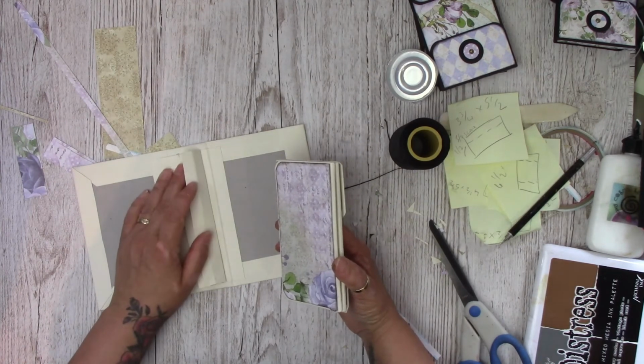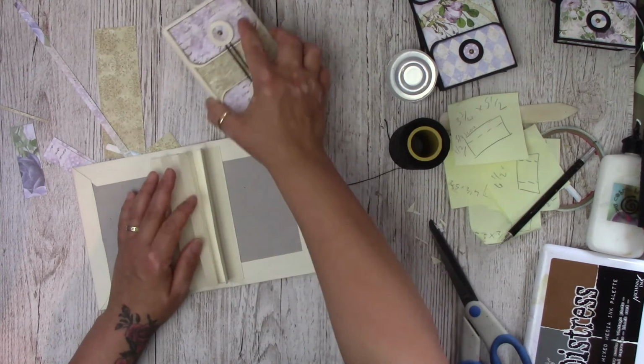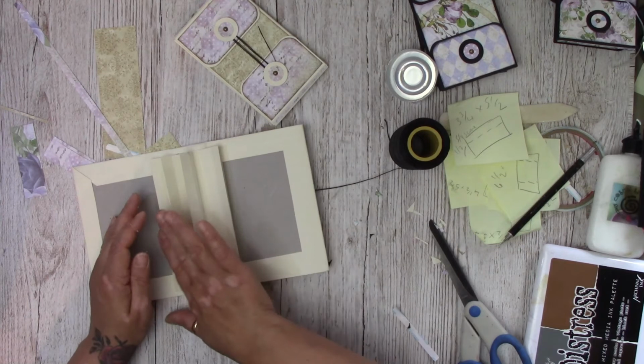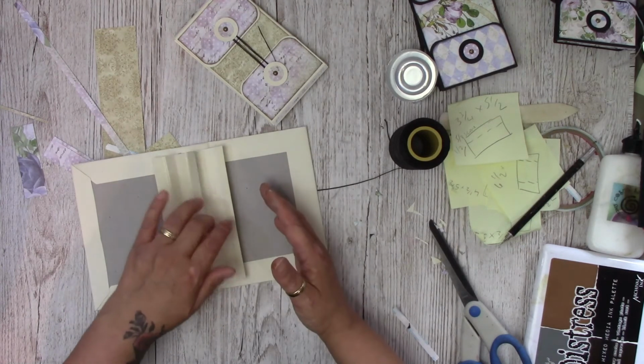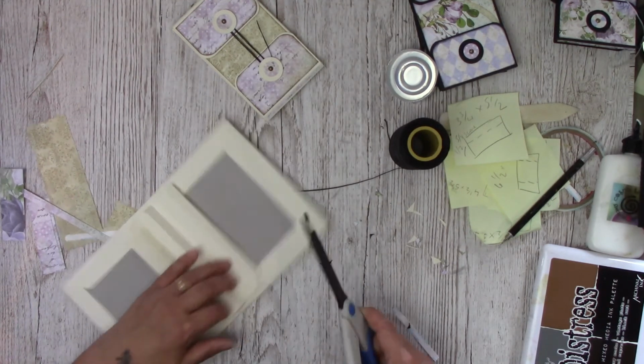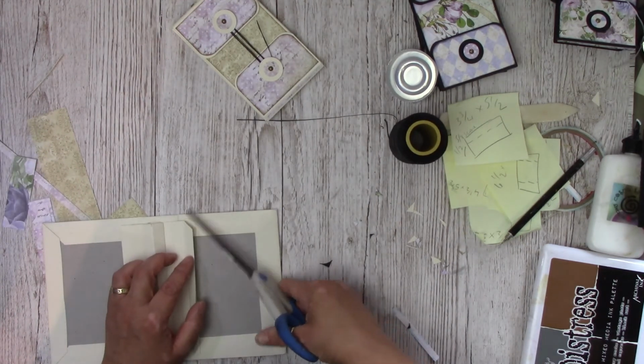So to put them into our album, it's up to you. I always start at the back. I never start at the front. I always start from the back going forward, for the simple reason that when you put the next page on, they've got something to hold on to. So you need to just trim off the corners again of your